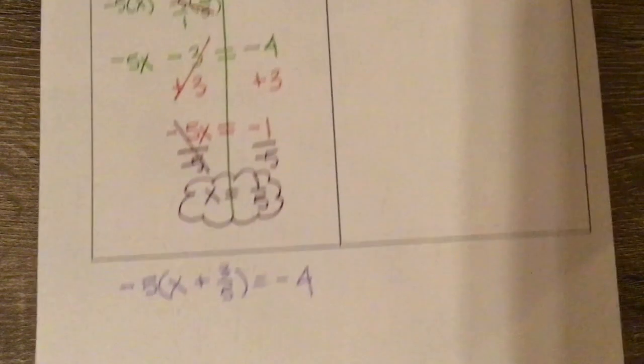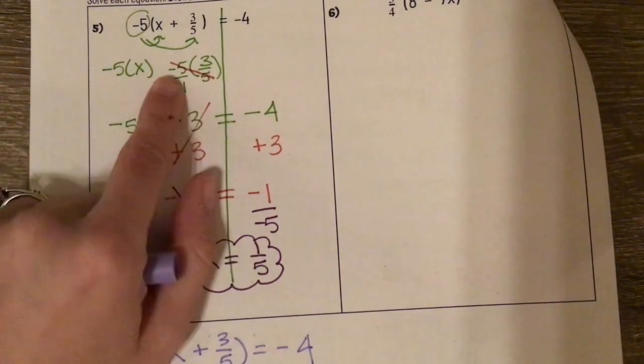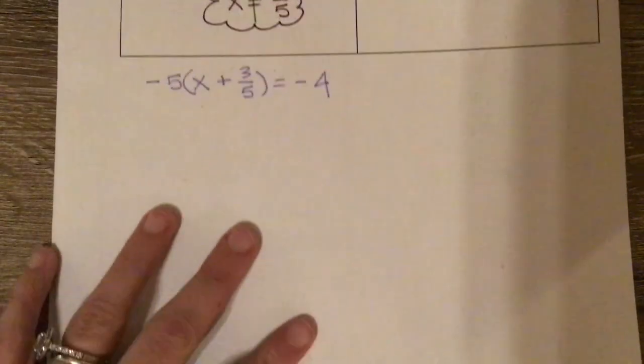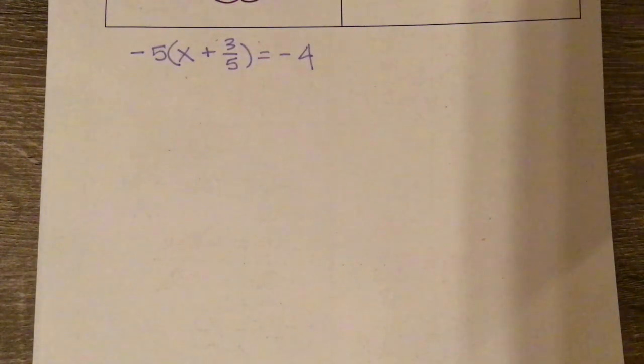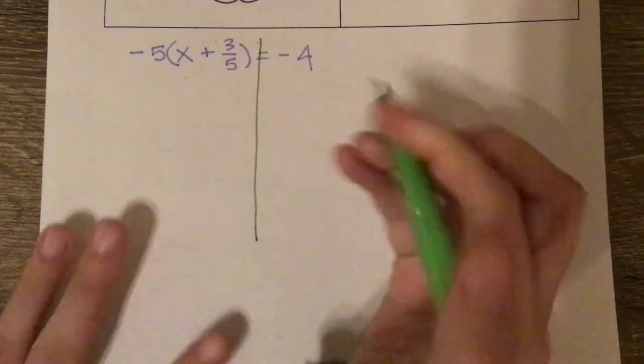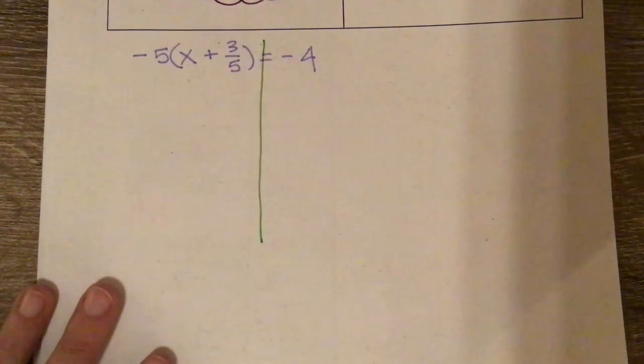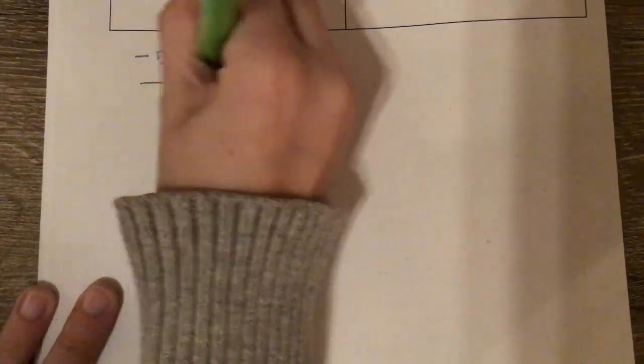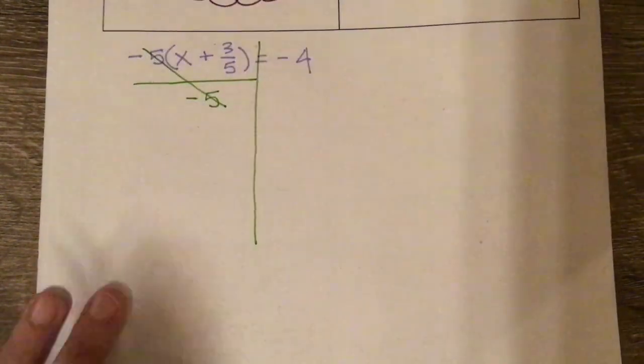It happened to work out pretty nicely here that it canceled out and it wasn't that difficult to do. But sometimes it's not going to work out that nicely, so it can be easier to do it a little bit differently. What we can look at is this whole entire side of the equation is being multiplied by negative 5, so the opposite would be to divide this whole thing by negative 5,